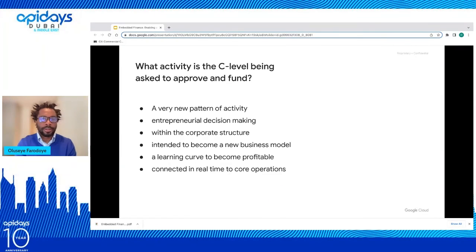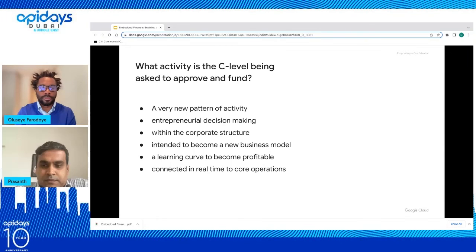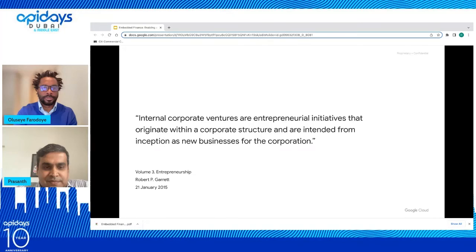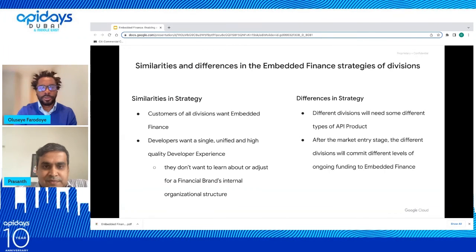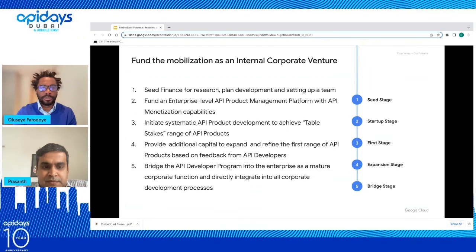Overall, going into the world of embedded finance requires a bit of entrepreneurial activity within the bank itself or within any corporate structure as a whole, ensuring that they're able to do that without necessarily impacting the business as we go along. So there are similarities within the strategies, which is customers in all divisions usually will want to keep within their domain. And there are also differences, where you've got the APIs within divisions needing to be the same across the bank as a whole. So funding it as an internal corporate venture requires 5 steps as a whole: a seed step,